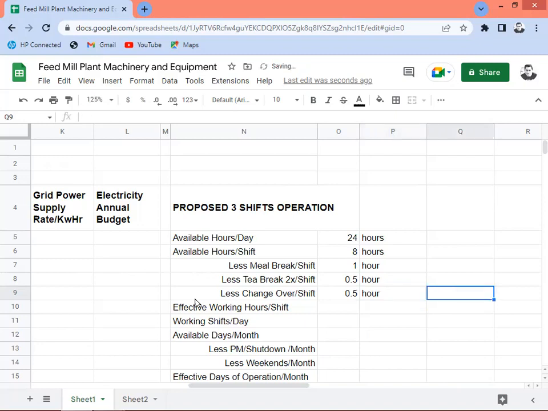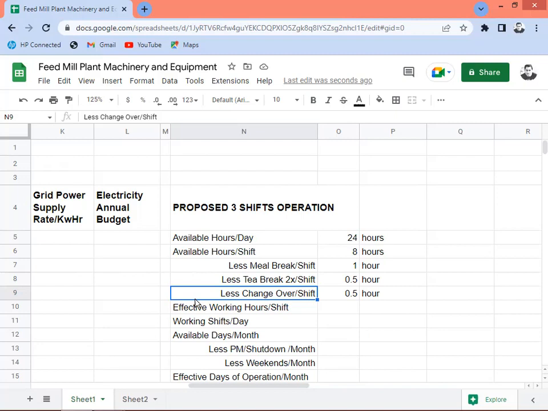All right, you got it. So that would be 1.5 hours in three shifts for the changeover. Also, the changeover includes changing of die or changing of production SKU. For example, right now in this shift you are producing